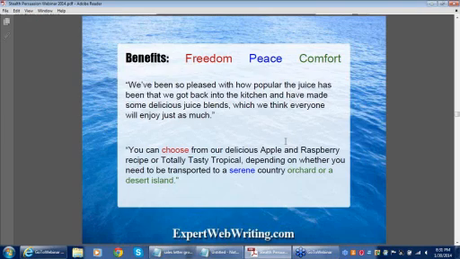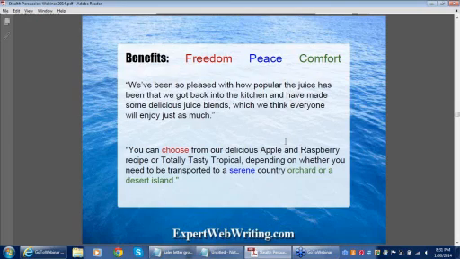If you can transport visually the reader or website visitor to a different place in their mind, and they can actually see it take place, then you are lowering the sales resistance as they go through the process of making their buying decision, because they've basically been hypnotized into another place. And I've thrown in words here, according to the benefits, that really make people feel good, that really matter to them.